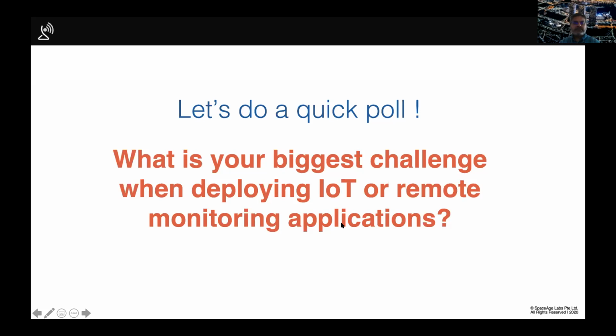Is it availability of connectivity? Is it integrating device, connectivity, cloud, application? It's just too difficult or time consuming? Or option 3, you want these devices and platform to be compatible with your existing software or hardware systems, and it's not easy to do that. Or number 4, it's about expertise. You don't think that you have in-house expertise to do this, so that's stopping you from deploying IoT solutions.